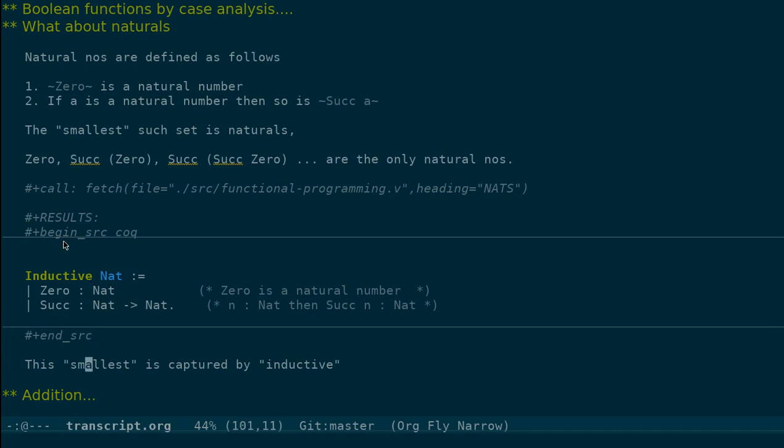Okay, the fact that we talk about the smallest such type is actually captured by the inductive type. So the Inductive keyword here means the smallest type which is defined through these cases. So you should not see them as one particular value, but rather the two different cases, two different kinds of values. Okay, so in that sense you have to see it.